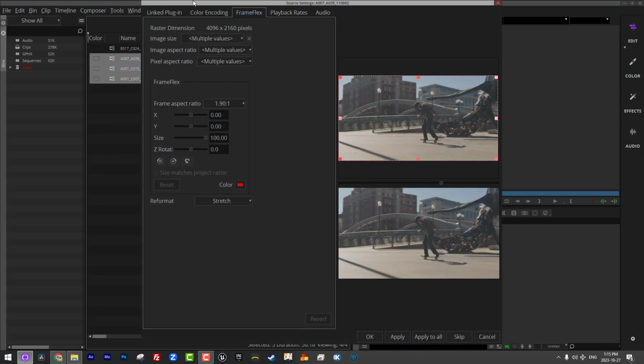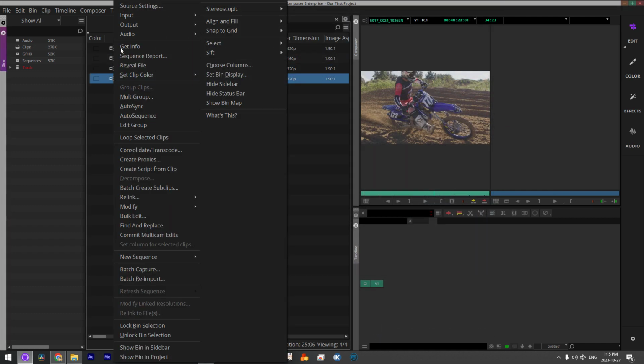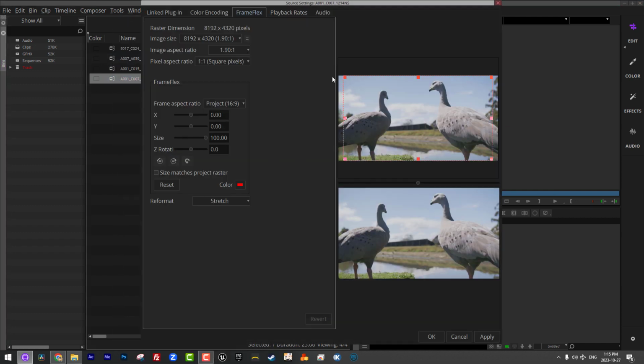Let's not worry about anything that's happening here. Let's only worry about this matching our project. Okay? I'm going to apply it to all. I'm going to say OK. And now if you take a look, that FrameFlex window has now been put in here properly for our 16:9